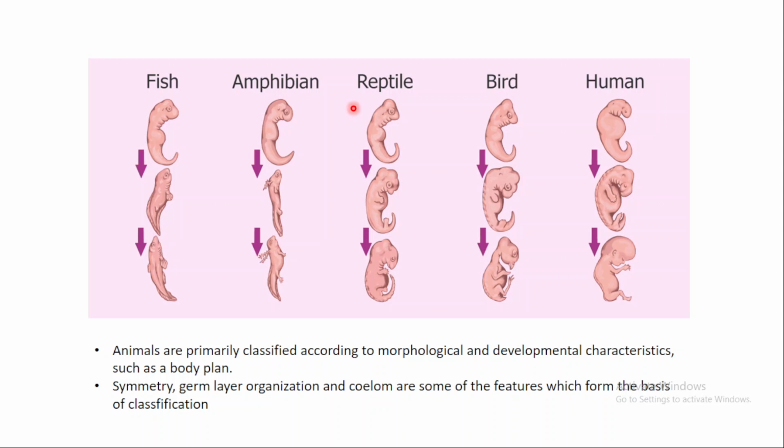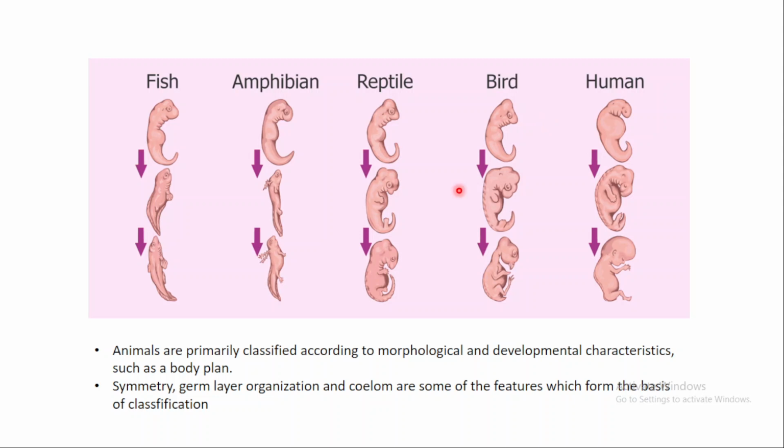So if we see here, these are representative embryos for fish, amphibians, reptiles, birds and humans. And classification is possible only when we compare the embryonic stages, and differences in characteristics found in the embryo can help us classify it as a fish, amphibian, reptile, bird or a human, even if the embryo looks very, very similar